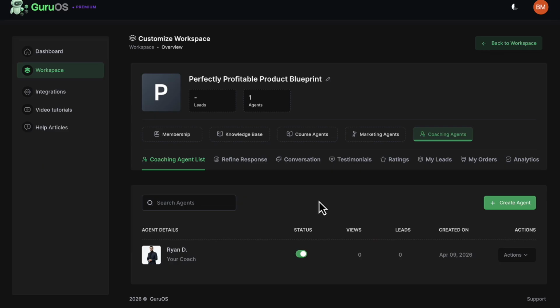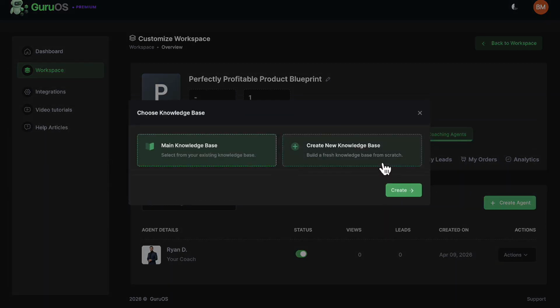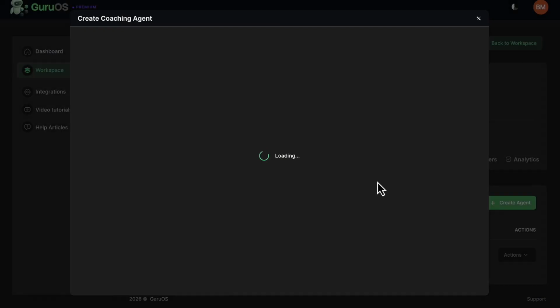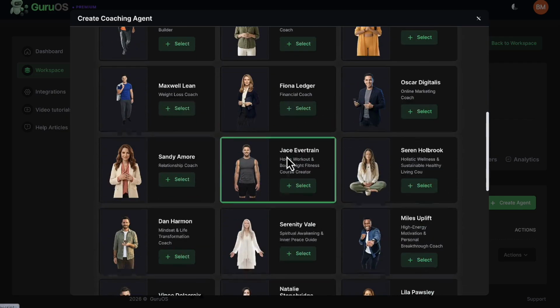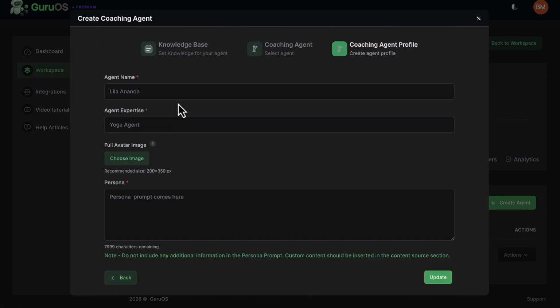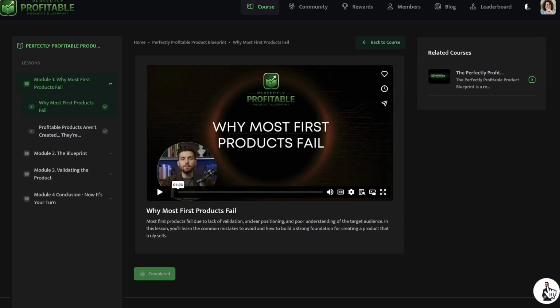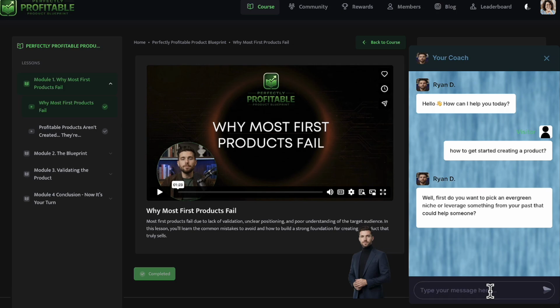Now, to make our course more valuable and helpful, choose to add a coaching agent and upload your written course to the knowledge base so that the coaching agent understands it completely. Go to Coaching Agent and choose to clone yourself into an agent with all your knowledge or pick from ready-to-go coaches and done-for-you niches. The coaching agent can respond to students 24/7 in your paid membership, helping with retention and